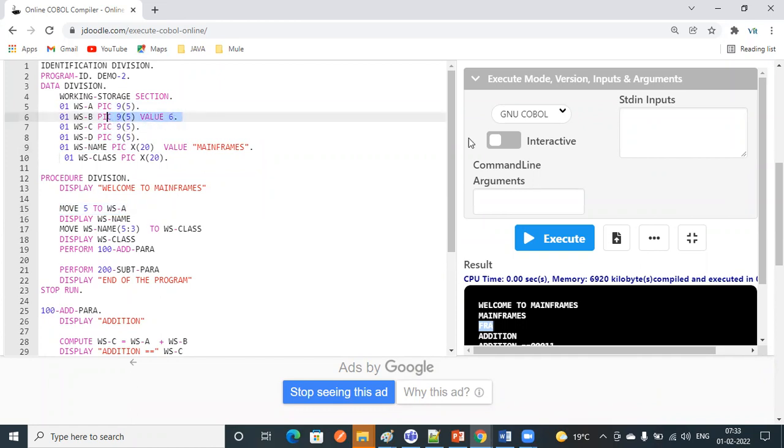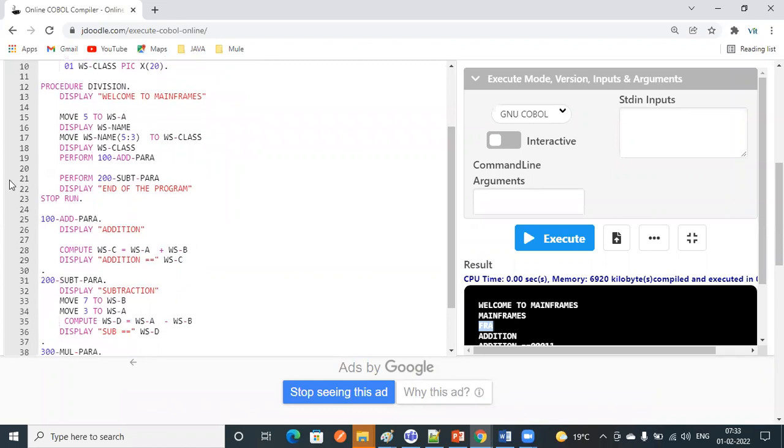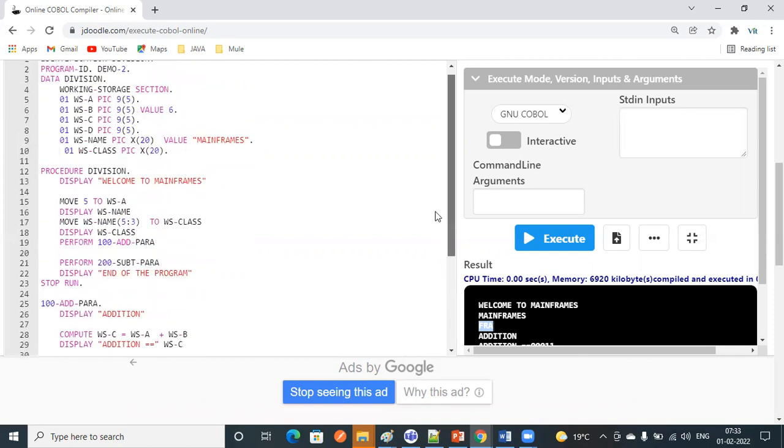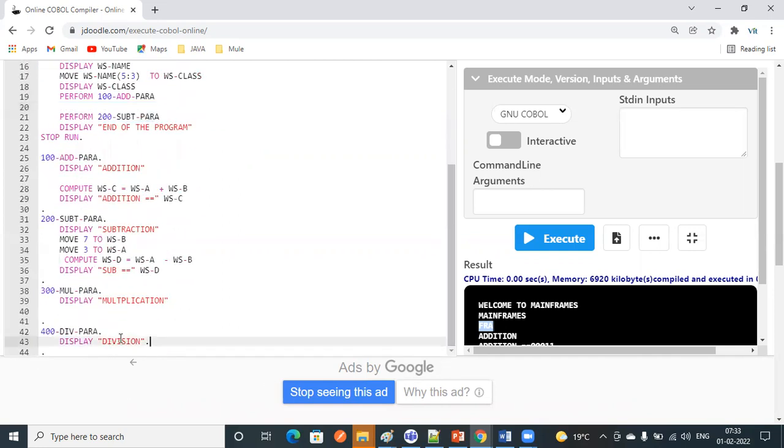Okay, another thing, and here we can write paragraphs, and inside the paragraphs we are going to write the logics, and whenever it is required we are going to call these paragraphs. There are 2 paragraphs remaining, and you guys need to practice on this. You can implement the same logic, just copy paste only. The rest of the 2 you guys can try, and we'll see it later if you are not able to solve this.